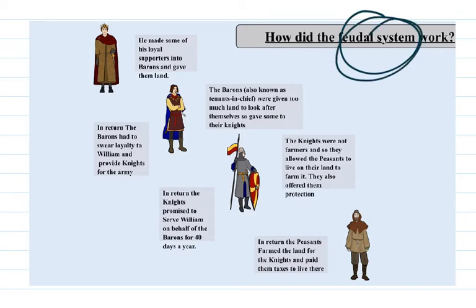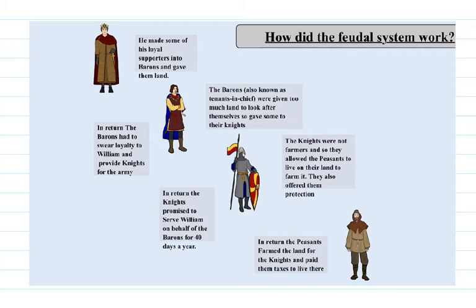So if you could please write that down as a title, how did the feudal system work in your book, and just underline it. Pause it if you do need time to underline it with a ruler, but some of you, I'm not going to name any names, will probably be using your A2L at this point to underline your titles, like you do in my lesson, with no pencil case, getting all your pens and pencils out of your pocket.